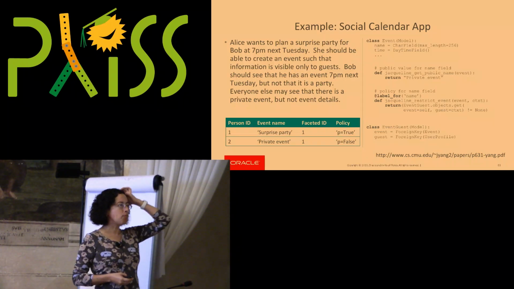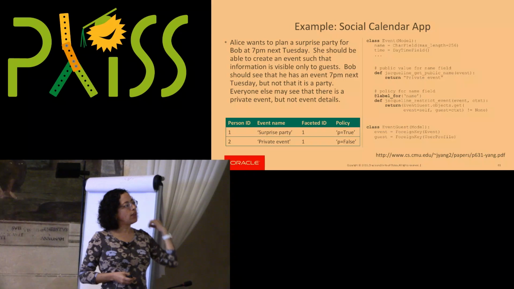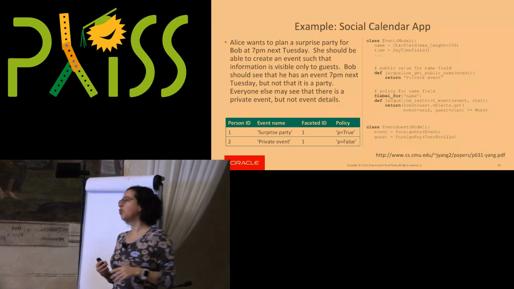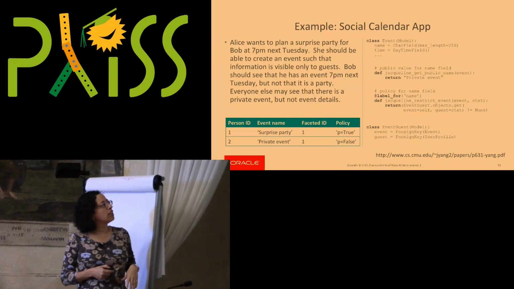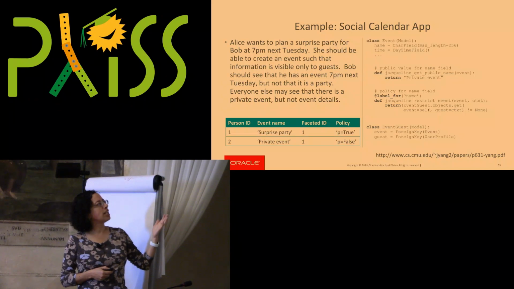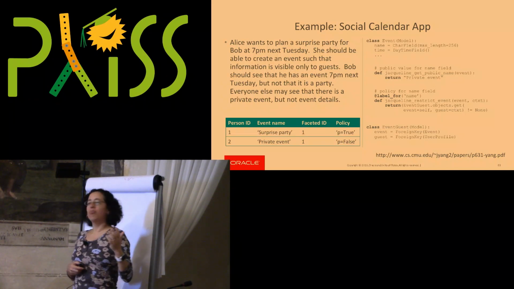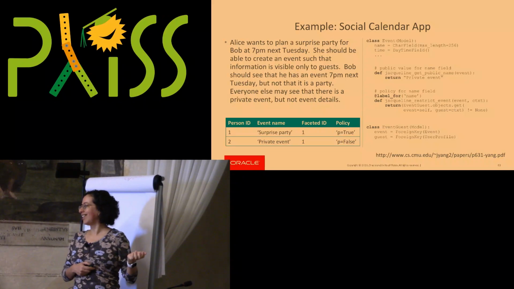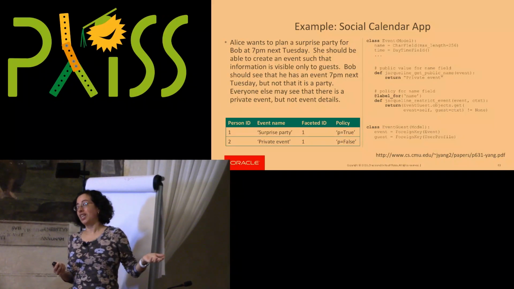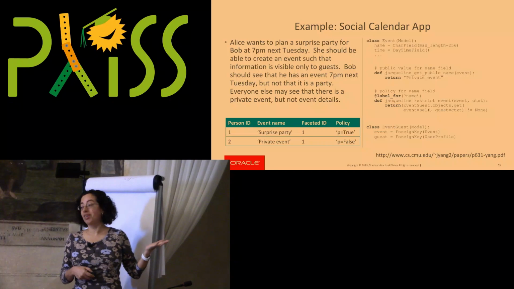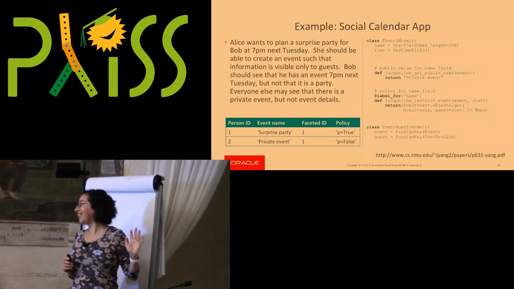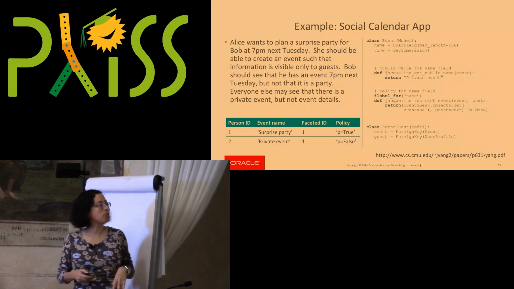And so they have various different examples of applications that they've actually built using this model. And here you have an example of a social calendar application. Their actual implementation was an extension to the Python language. And you can see that if you're going to have this social calendar, right, and you're going to throw a surprise party, well, you don't want Bob himself to know that it's a surprise party, right? Whereas you want everyone else that you're inviting to that party to know that there's a surprise party. So that's what you're storing here, right? A surprise party for people that need to know that. Bob himself should only see there's a private event in the calendar, so that he doesn't know it's a surprise party.